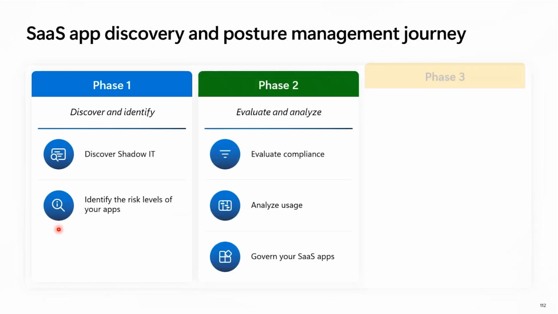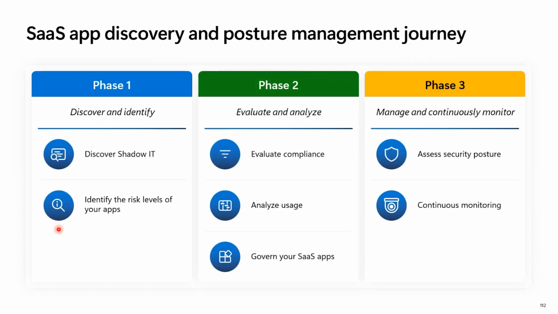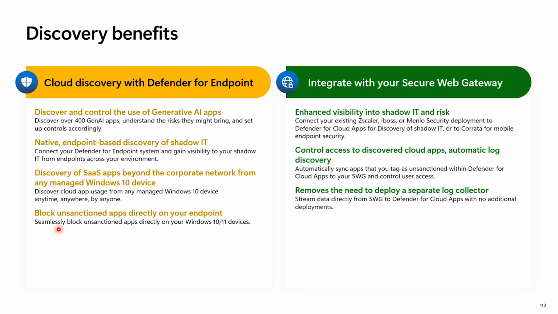Because Defender for Endpoint, in this case, becomes that control mechanism, because we're able to see what the behavior is on that endpoint at that moment in time. We're able to control what we give that endpoint access to, what we're allowing it to do. So we have that cloud discovery with Defender for Endpoint, as I was mentioning, and the whole idea behind Shadow IT, generative AI is we really want to control, ideally, in the case of AI, which is the new hot